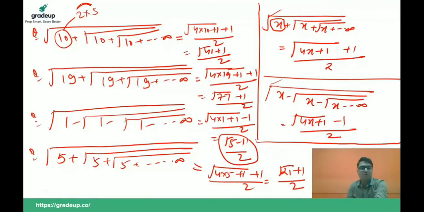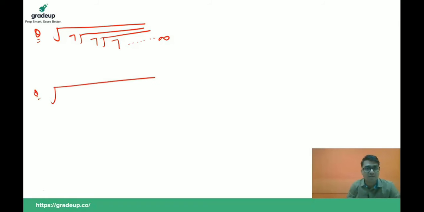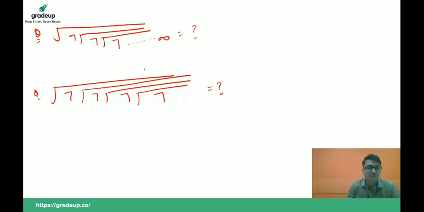Now, let's move on to the next slide. Guys, if you are having a question like root of 7, root of 7, root of 7 and so on, and if you are having a question like root of 7 root of 7 root of 7 root of 7, what will be your answer? Guys, these two questions are not the same. This is infinite and this is finite. Now, you are having an infinite number of times 7. This is again the quadratic equation application, but in your exam, whenever you get a question like this, 7 will be your answer.